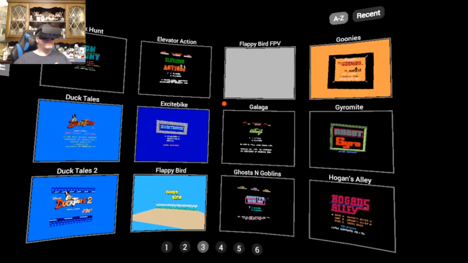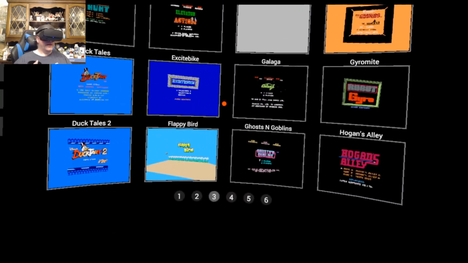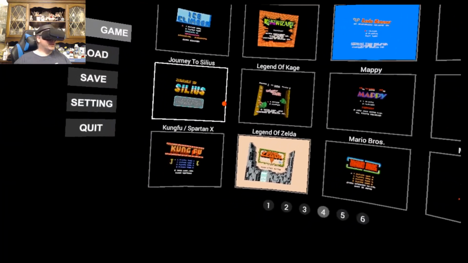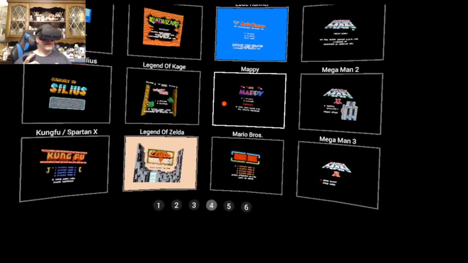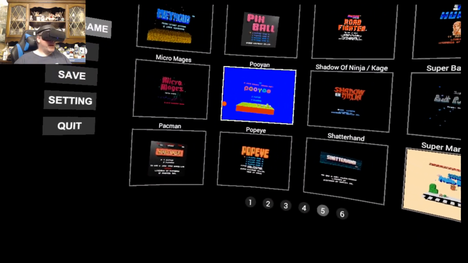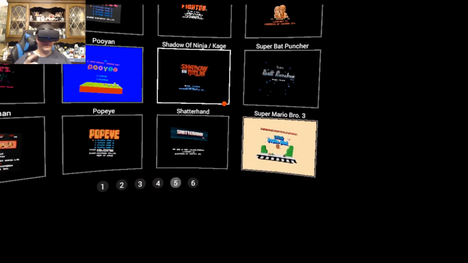Another curious one called Flappy Bird FPV, which I can't seem to get working. I thought it was going to be the same Flappy Bird homebrew, but it's not running from that, so I'm not sure. Galaga, Ghosts and Goblins, Goonies, Gyromite, Hogan's Alley, Ice Climber, Journey to Silius, Kung Fu, Legacy of the Wizard, Legend of Zelda, Lode Runner, Mappy, Mario Brothers, Mega Man 1, 2, and 3, Metroid, Micro Mages, Pac-Man, Pinball, Pooyan, Popeye, Road Fighter, Shadow of the Ninja, Shatterhand, Spy Hunter, Super Bat Puncher, another fun homebrew,